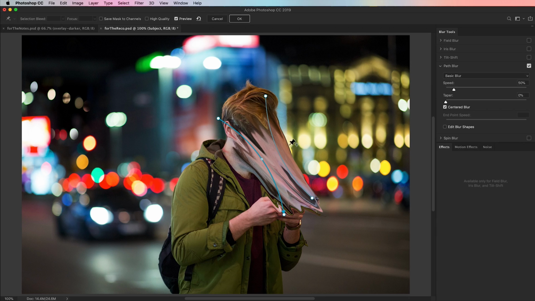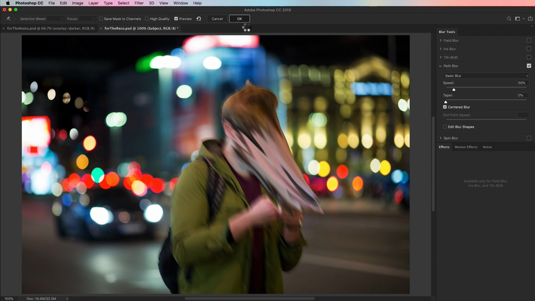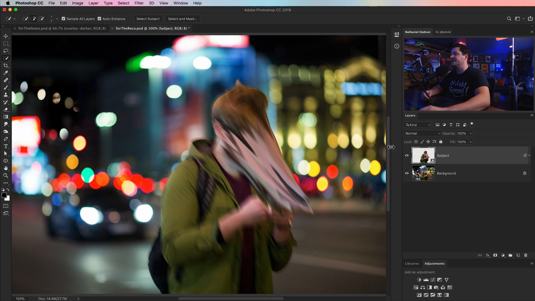We can test it to make sure everything's looking right, but it should be looking just fine as it is. Speed of 50% is perfect. No taper, basic blur, exactly what we want. Hit OK. And now what we're going to do is blur this to just the area that we want it